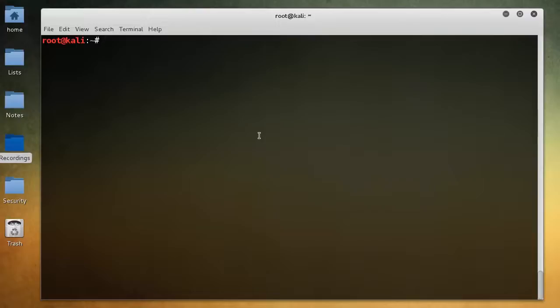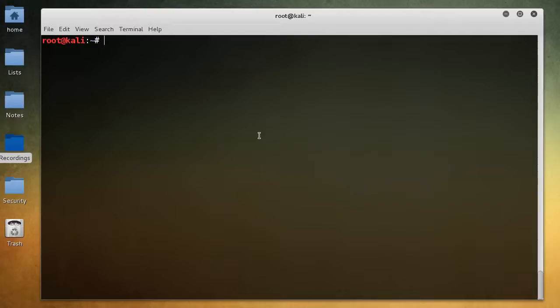Alright, so now what we can do is learn about sniffing and figure out how to put our card in monitor mode. Sniffing is basically looking at other people's traffic, or spying on them. That's all it is, just spying on it, looking at their traffic. And the problem that we have whenever we try to do this is actually the way that our cards are